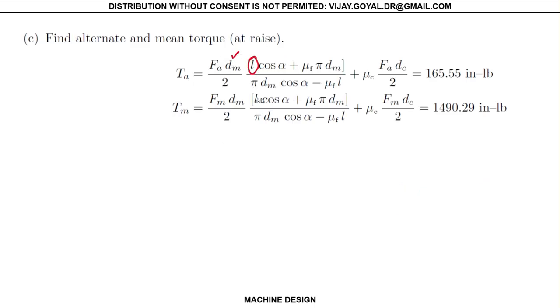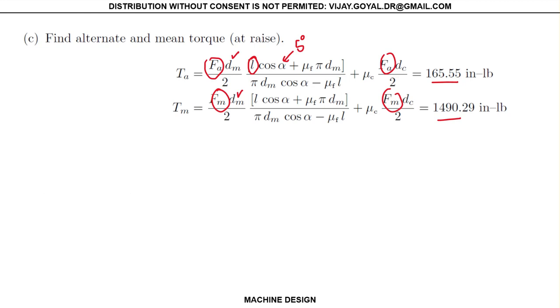This is your mean diameter that's given, and you just calculated this in the previous slide, right? We have this, and alpha is 5 degrees. Don't forget that. That was from your previous example. So when you evaluate all this, you get a torque of this value. Okay, so now that I have the torque, the next thing I want to do is find